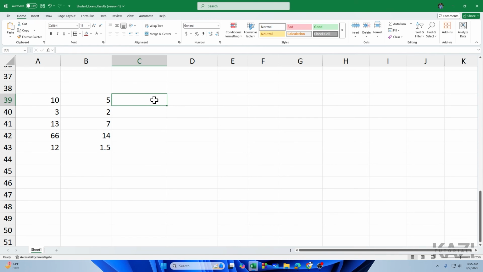So I will select this cell and then go to the formula bar and simply type in equal. Then select the first column, then put on division, simply select the second column, and then simply hit enter. Alright, so now if you want to put the answer of all of these,